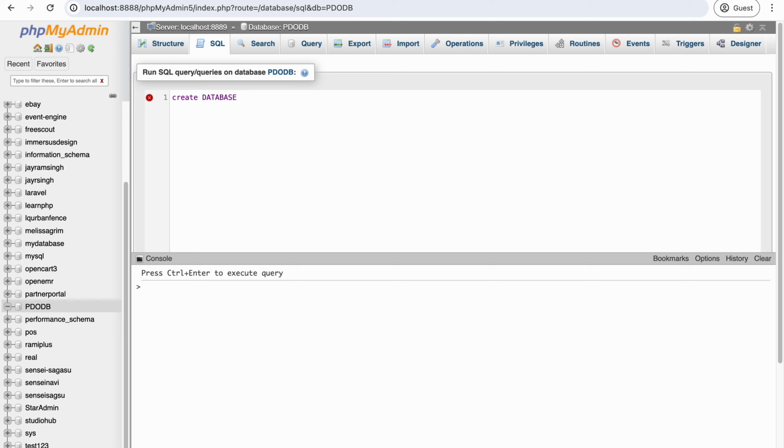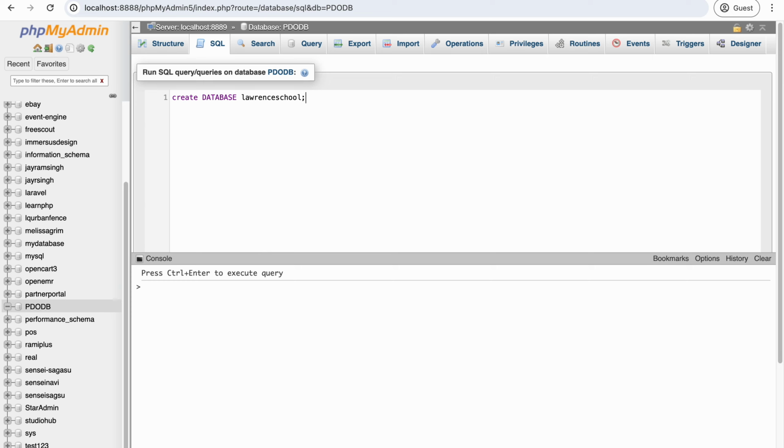Or school, or suppose the school name is Saint Xavier, I can create the Saint Xavier database. Or school name is DAV, I can create DAV public school. Like I'm creating a database like Lawrence School, right?